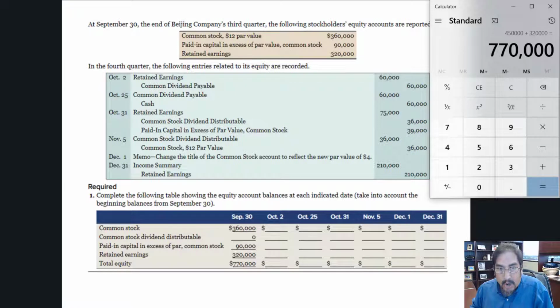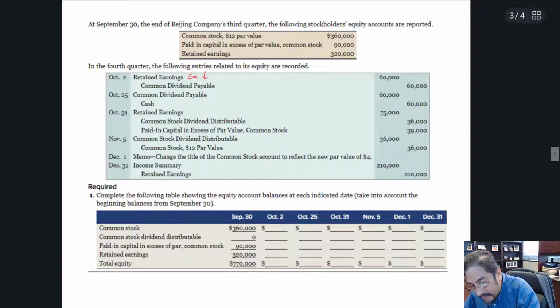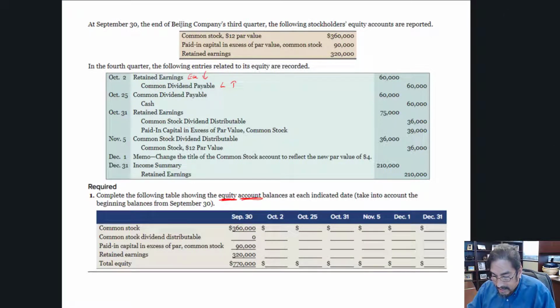So how does that change on October 2nd? On October 2nd, we declare a dividend. Retained earnings is an equity account that we are reducing because of the dividend. Common dividends payable is a liability account that we're increasing because we owe this dividend. They're asking us for just equity account balances, so that common dividend payable doesn't affect anything here. So we're reducing retained earnings by